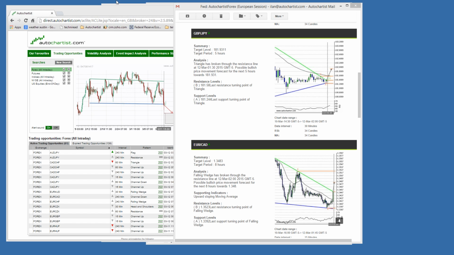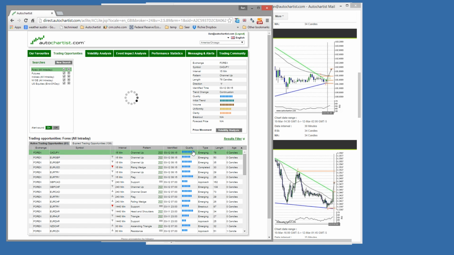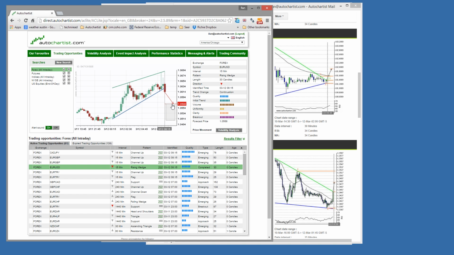So, for example, let me give you an example here. I will actually order my opportunities. So if we look at, give me one moment and find something I can easily explain. There we go. Okay, so if all of you can see this opportunity on euro dollar right now, there's been a breakout through a support level on euro dollar. Autochartist forecasts the price to go to 105.68.